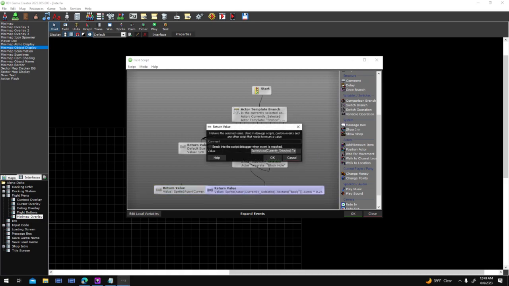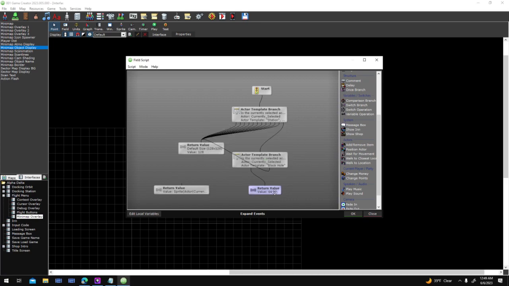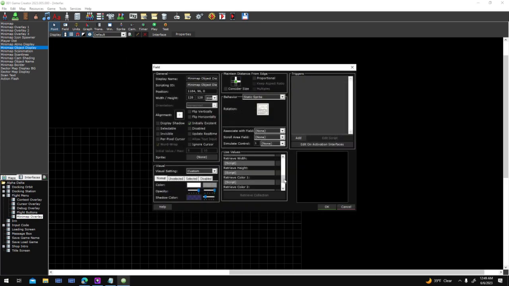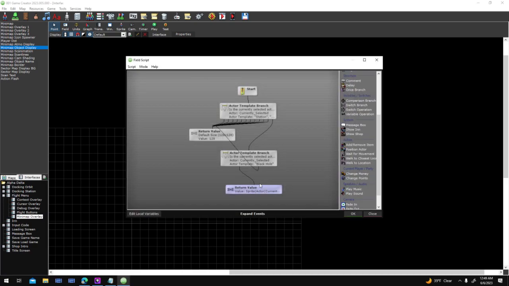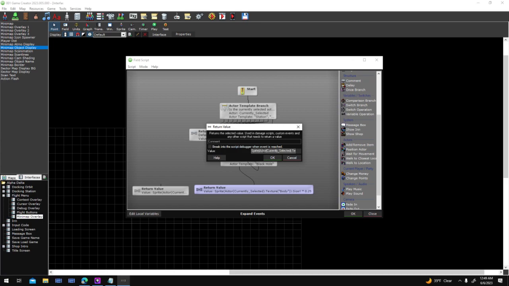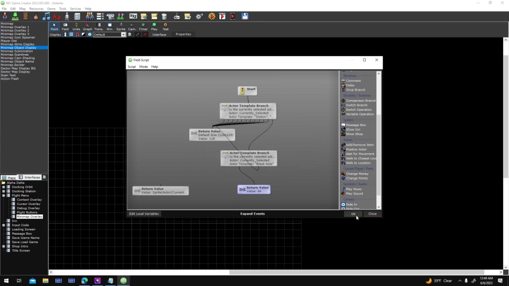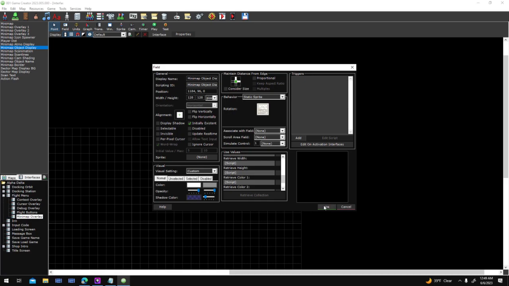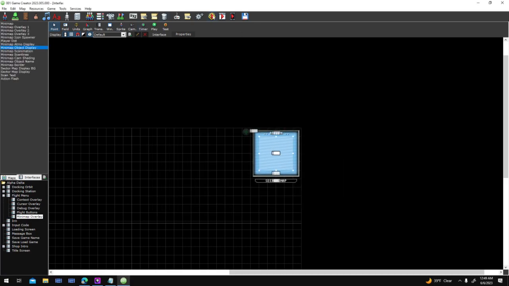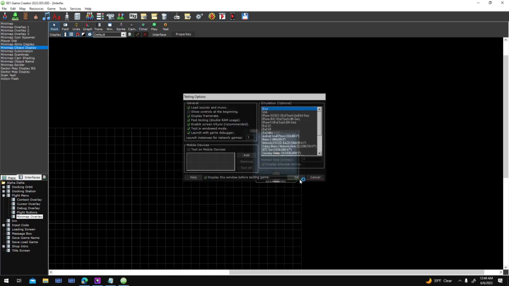Copy that, and I'll just have it return 64, so it'll shrink it down to 64. Copy, paste. Just to see, it should actually resize it